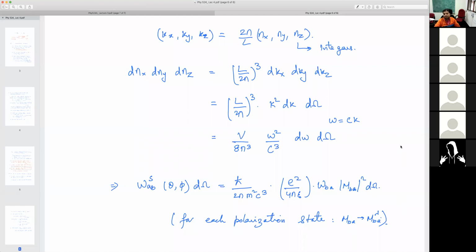Sir, so this measures only those photons which are polarized in one direction. For the other, we have to change the MBA, do this calculation again, and then sum them up. Or I can also have a detector aligned to measure polarization along one direction. Just before the detector, I will set up a polarizer which allows only one polarization of photons to go through. Or I can have a normal detector which will detect all photons. Then I'll just have to sum this up over both the polarizations. That's it.